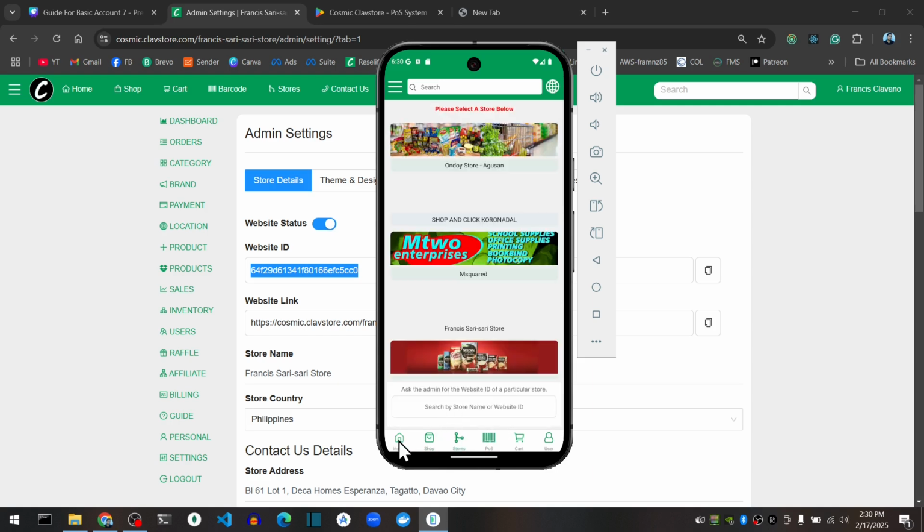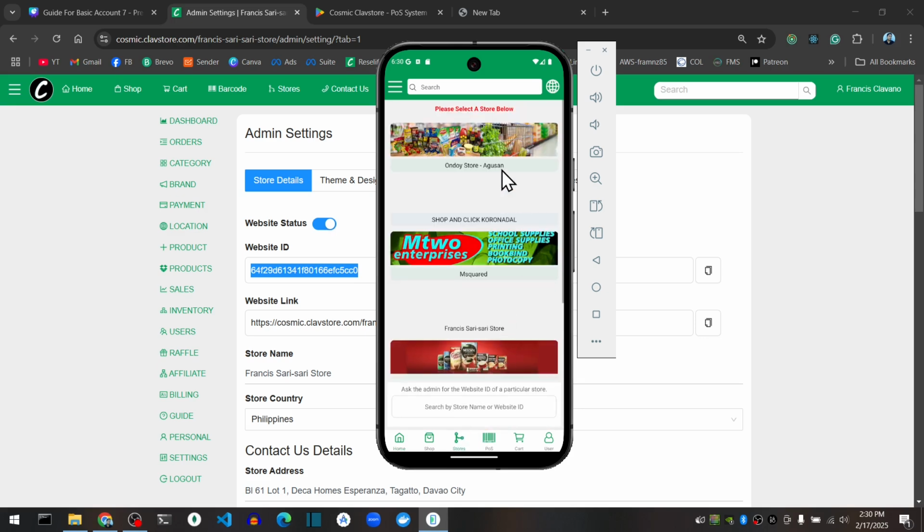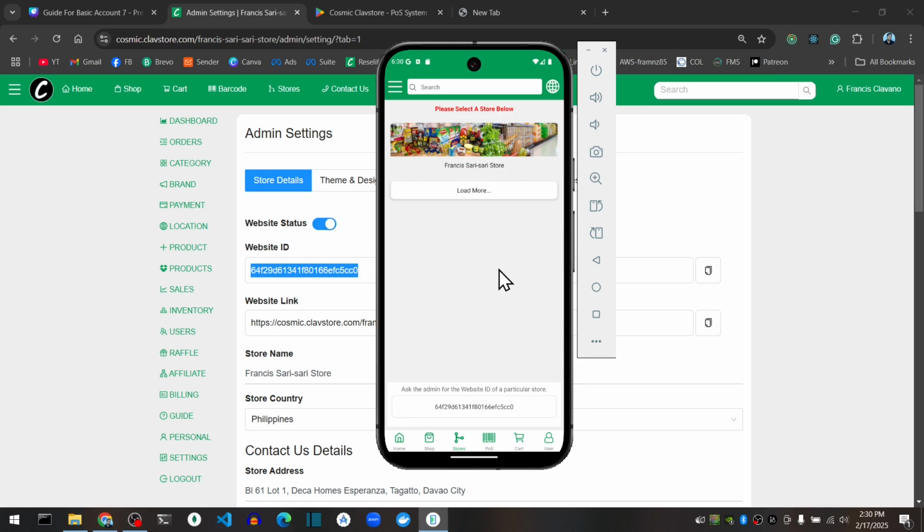Again, after they have installed the mobile app, they need to go to the store, and then they search for your website by putting in your website ID. This is the website ID, my website ID. They put that in and search for your store in the Cosmic Club Store mobile app. So there you have it.